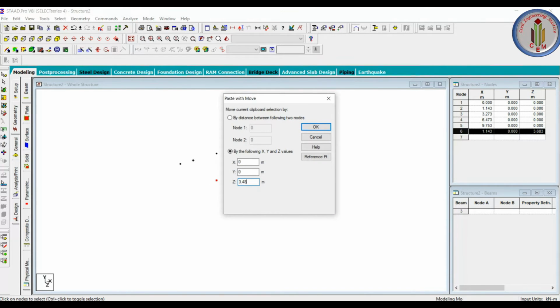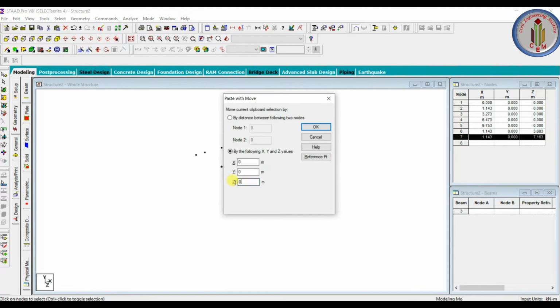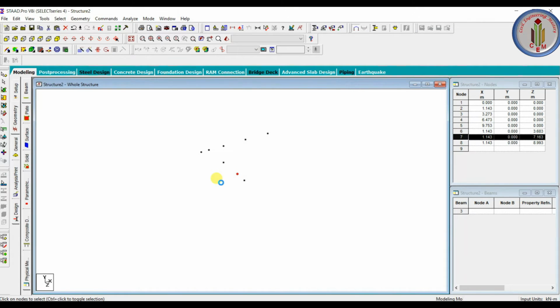Again 3.48. Again we have 1.83. So it is done now.